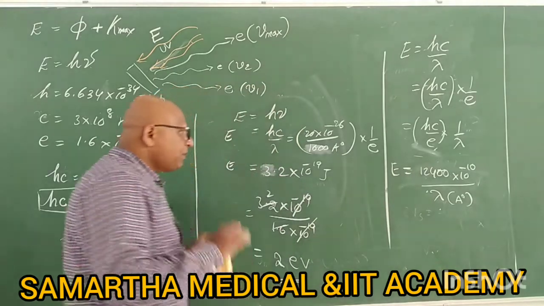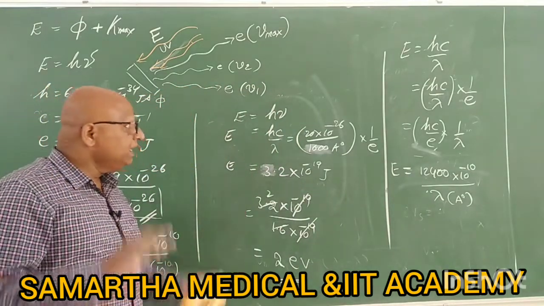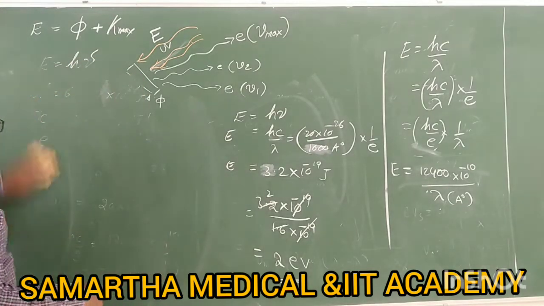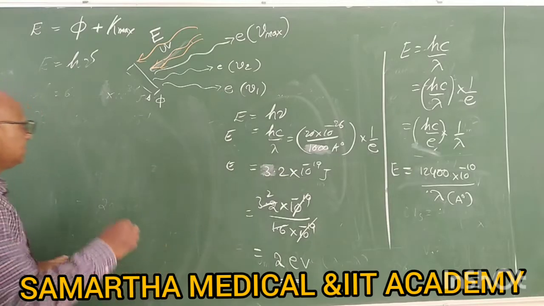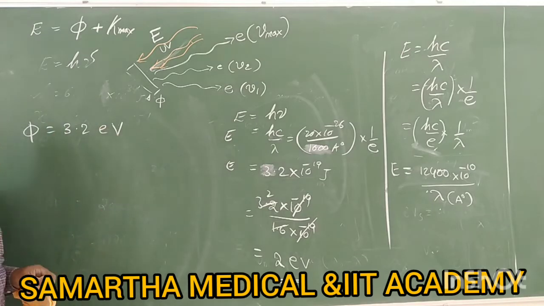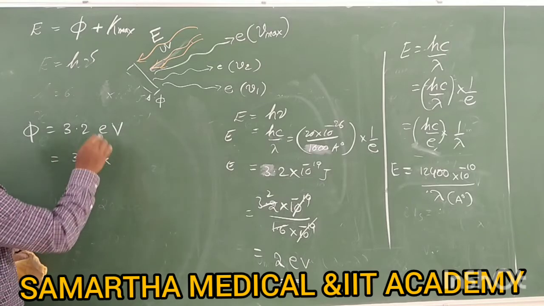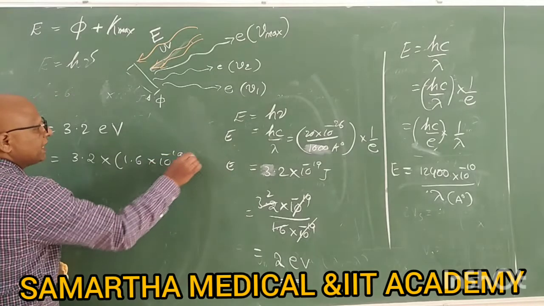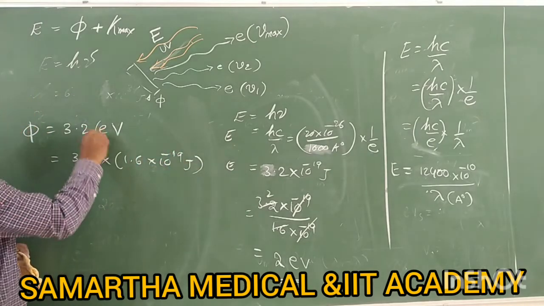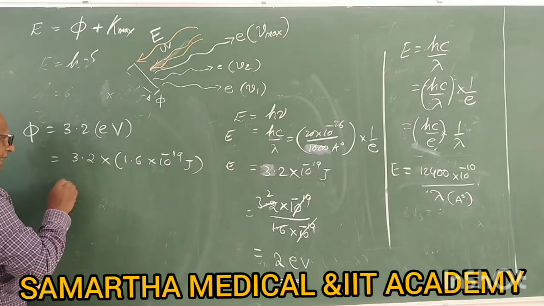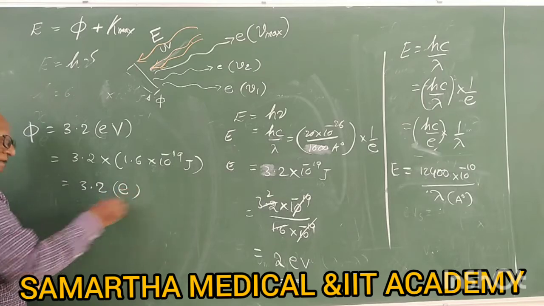Okay, right. Suppose you have energy in EV, and how do you convert energy EV to joule energy? Suppose 3.2 EV is the work function of a metal they have given. You should calculate how much joule of energy it has. Very simple, 3.2 into EV. What do you mean by 1 EV? 1 EV is 1.6 into 10 to the power of minus 19 joule. Right, now you just simply converted from EV to joule. To convert from EV to joule, multiply with E value.